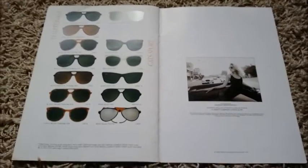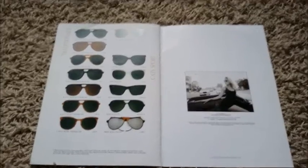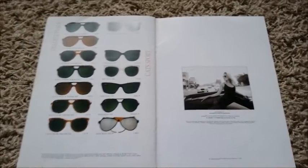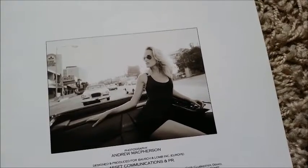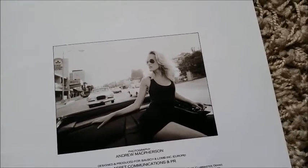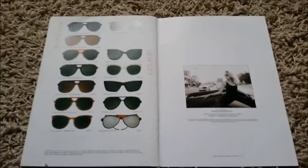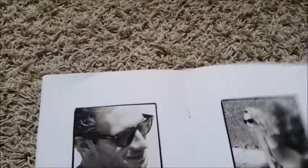What strikes me about this whole catalogue, although it's for the UK market, is that Ray-Ban, or Bausch & Lomb, really push the lifestyle, the American lifestyle. As you can see here in the picture, she's on the strip somewhere, looking very glamorous. You can wear it out anywhere, wherever you're going. They really like their blonde models as well. I think there's only one picture of one model with dark hair, or two models, one female, one male. But they really like their blonde models. And if I just turn it over for you,